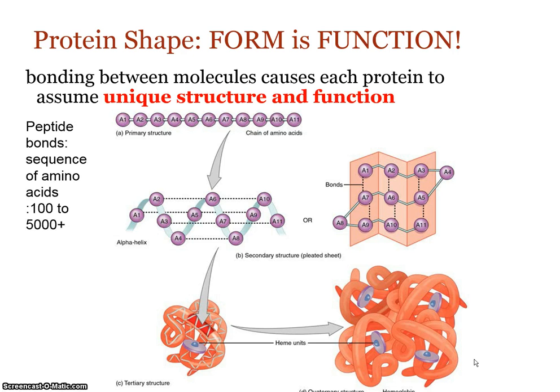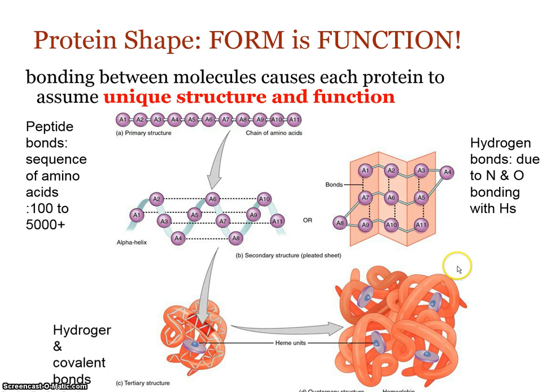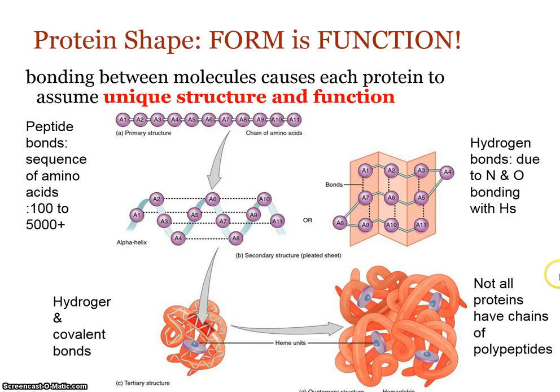All right, so here again, some of what I just said. So this is showing you hydrogen bonds, which is what really these dotted dashed lines are, hydrogen bonds, and this occurs again because you've got this nitrogen and oxygen, which have high electronegativity, and so they pull the electrons closer to them, and there's lots of hydrogens in these amino acids, and that creates this, again, hydrogen bonding. The tertiary structure comes about from hydrogen bonding and covalent bonds, so a little bit more complex, right? And I say here again, not all proteins have these chains. It's just the larger proteins.